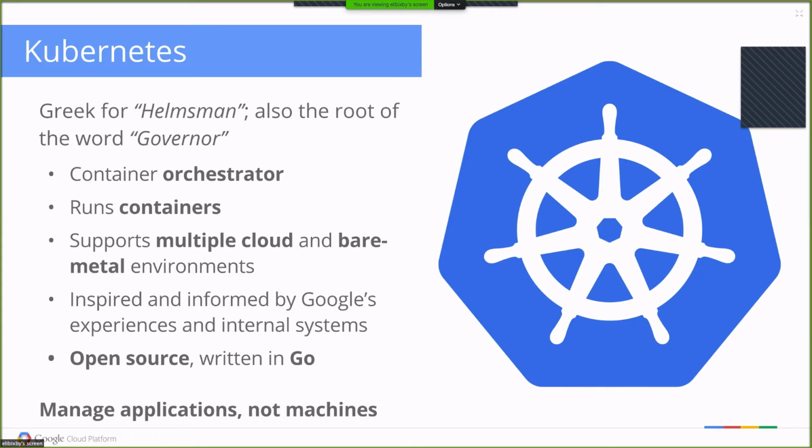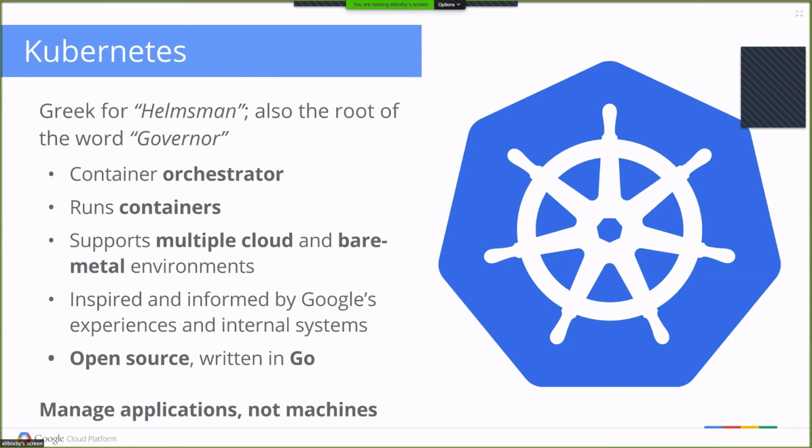So we really want this to be a project that the community is responsible for and takes on a life of its own. We've given it to a foundation to ensure that. But we also want to make sure that Google's extensive experience running containers is part of the lifeblood of Kubernetes. So Google starts up about 2 billion containers a day. We've been using them for over a decade. We've done this at scale, and we want to make sure that everyone else is able to do it at scale too. And the end goal of Kubernetes is basically, how do we manage applications rather than managing machines?